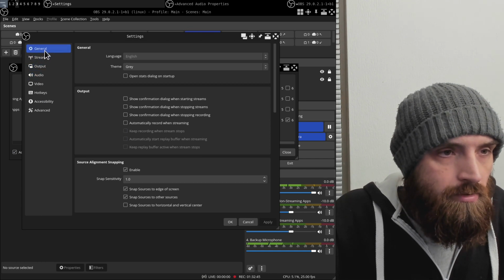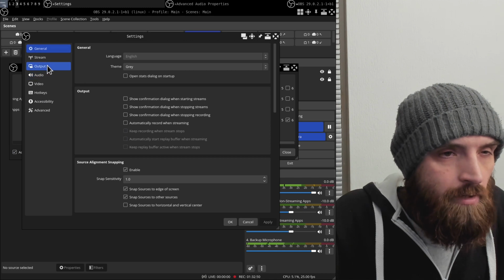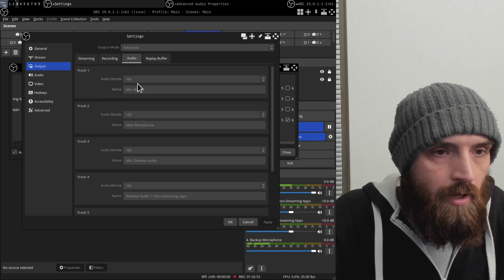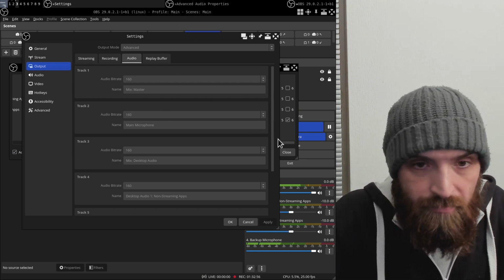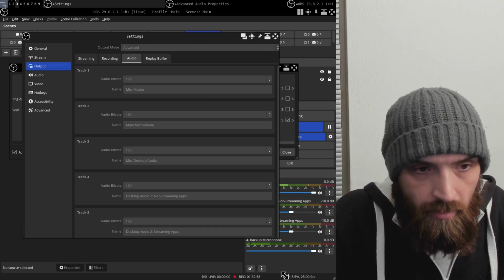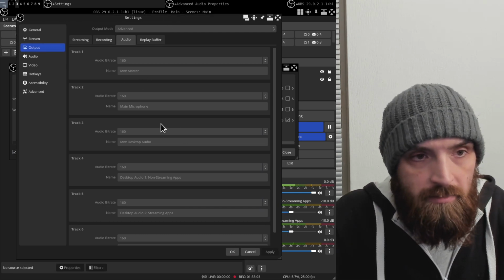If you go to your settings again and then go to output audio, you can set an individual bitrate for those tracks, and you can also name them, which I did here,